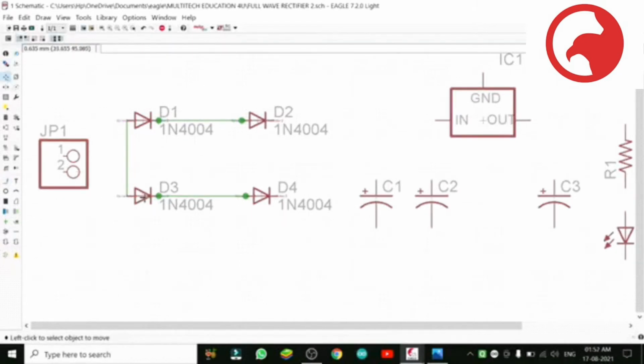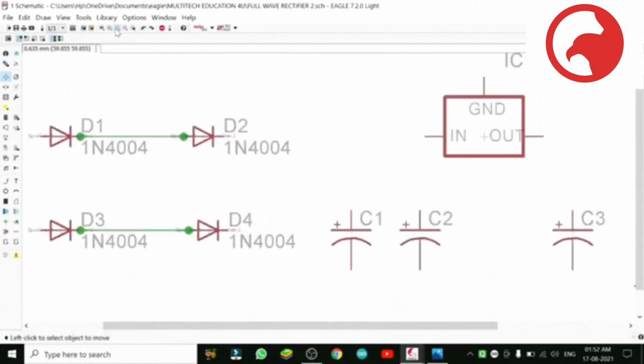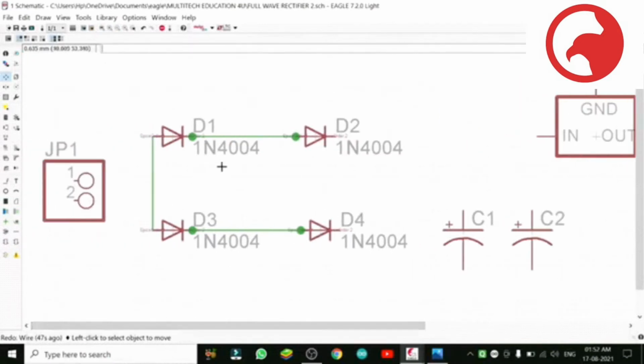You can select it from the move symbol and check it. You see, both sides wires are moving with it, means they are well connected. So always make this check at the same time when you make wiring, so that you should not forget. If any wire remains unconnected in the PCB that will be manufactured after, there will be no continuity, no connection in between, and the person who will be working on that has to face a lot of problems to find out where the connection is not there in the PCB.